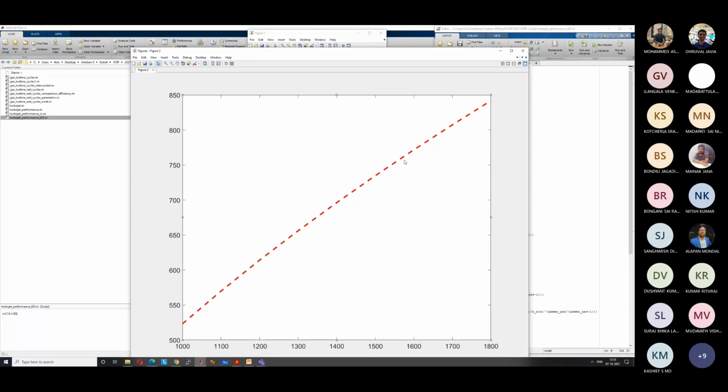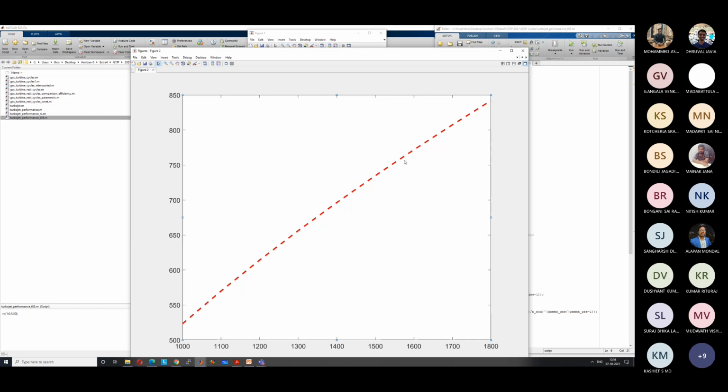Why does the specific thrust increase with turbine inlet temperature? The mass flow rate of air remains the same. So if you increase the turbine inlet temperature, what happens? Turbine work output, will it change? It won't change because the compressor pressure ratio is fixed. So turbine work output remains the same, but turbine inlet temperature has increased. So turbine outlet temperature will also increase, right? Because delta T remains the same.